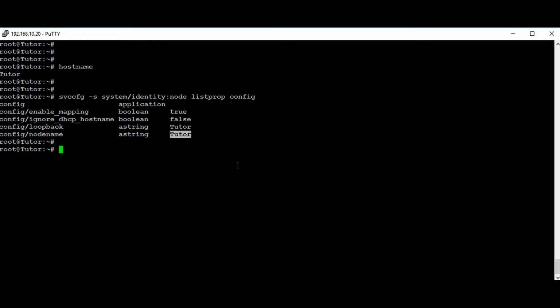Now we are going to change the hostname to Talkie by setting the property config/nodename.